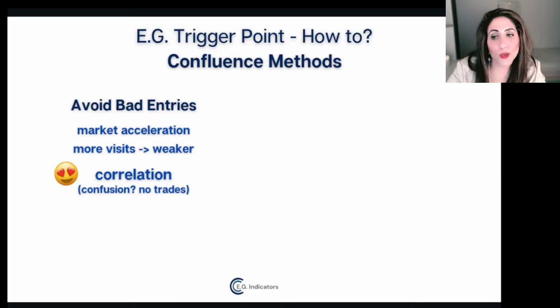Confusion? No trades. Remember, guys, we are here to avoid bad entries and to increase the number of good entries. Scenarios with a low probability of market respect, like news and market opening,